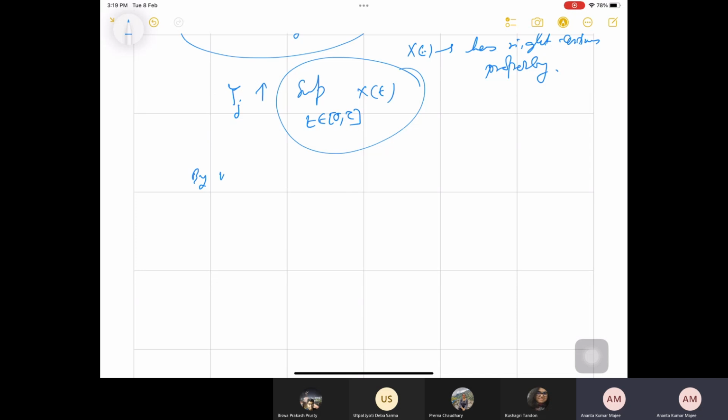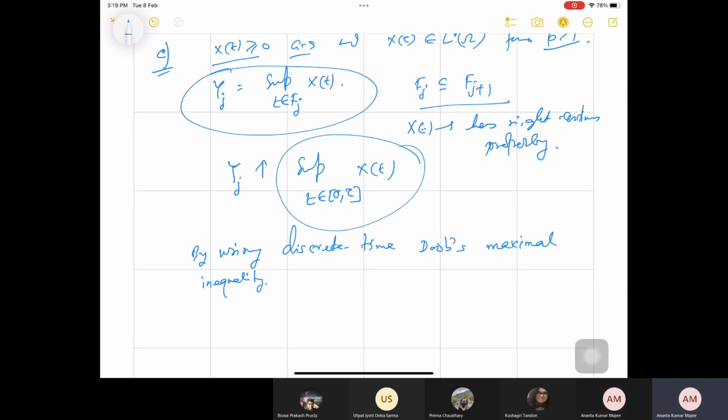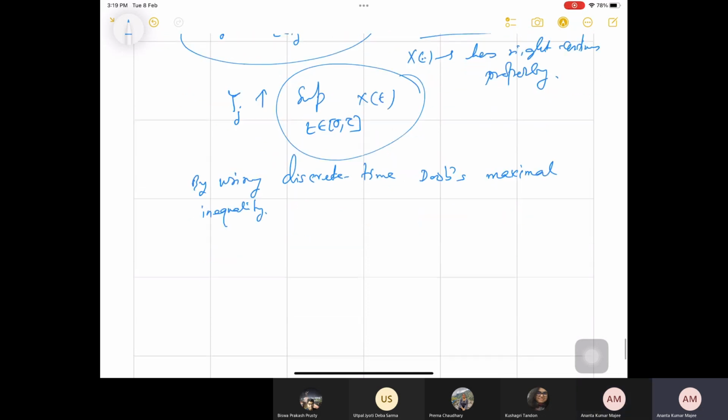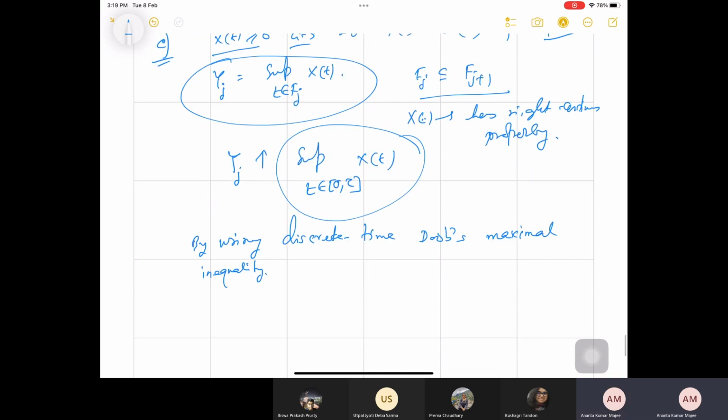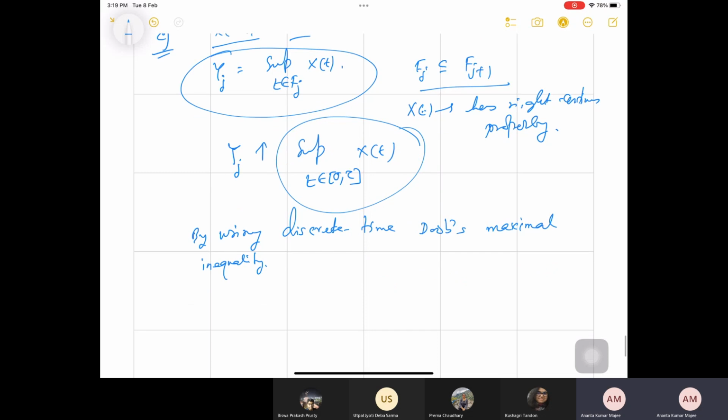So by using discrete time Doob's maximal inequality, and what I say the dominated convergence theorem, because this Y_j, what I have to consider is whether Y_j is dominated by an integrable random variable or not. Now if we look at this Y_j,